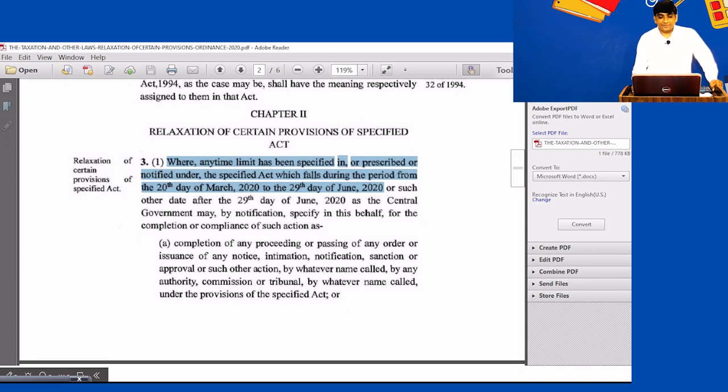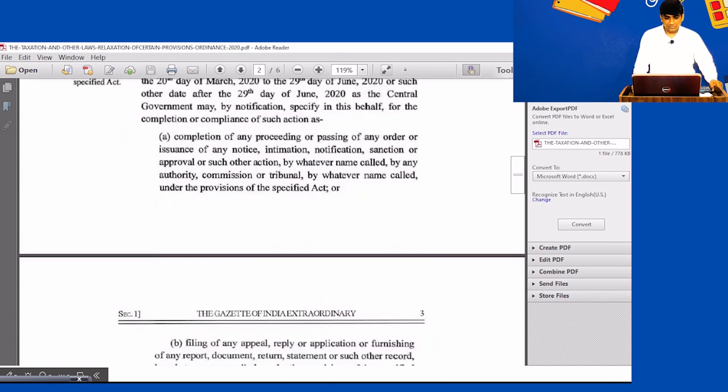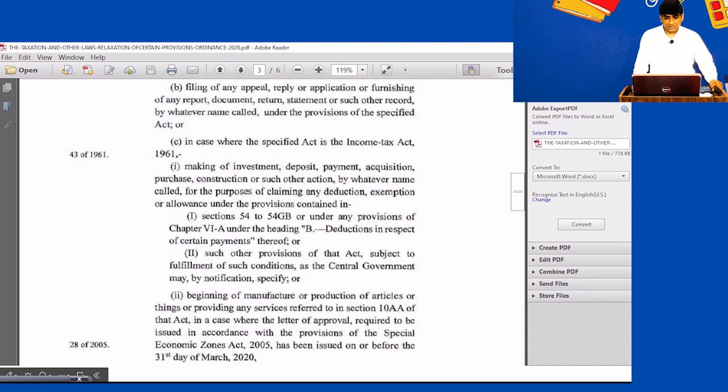Where any time limit has been specified in, prescribed or notified under the specified act which falls due during the period from 20th day of March 2020 to 29th day of June 2020, it means any kind of time limit which was specified in these acts and which falls due during the period 20th of March 2020 to 29th of June 2020. Then now let's go to